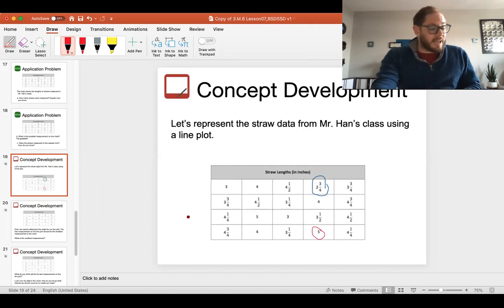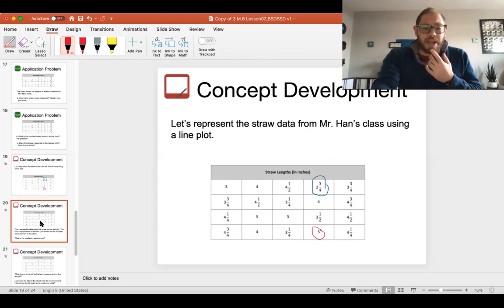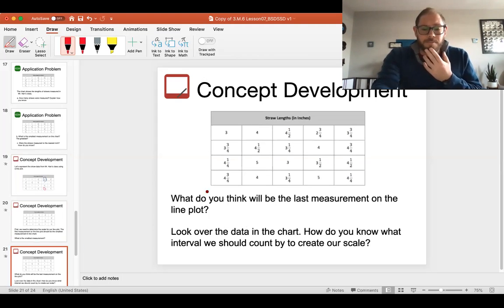So let's think about what we are counting by. What fraction are we counting by here? What is the fraction that we're counting by? What's the smallest fraction that we saw? Well, we saw 3 fractions, didn't we? We saw 1/4